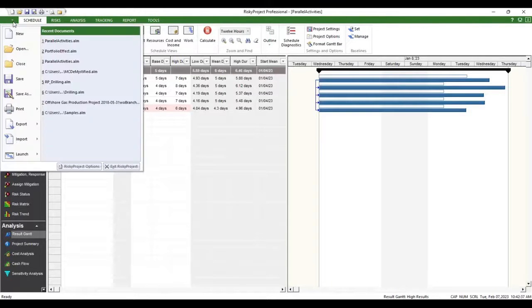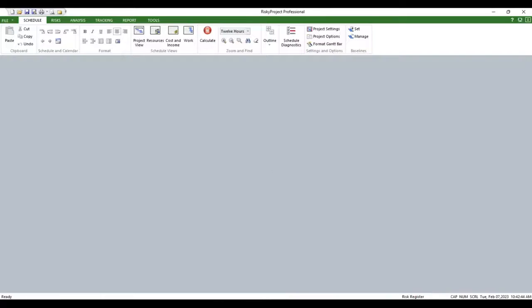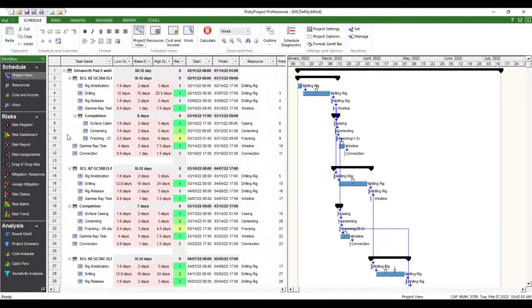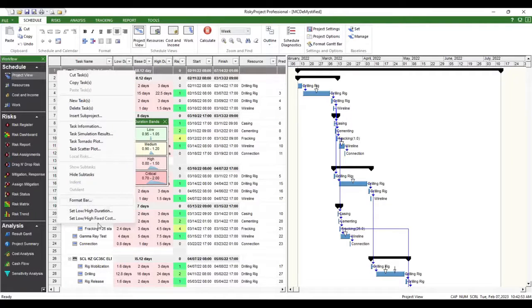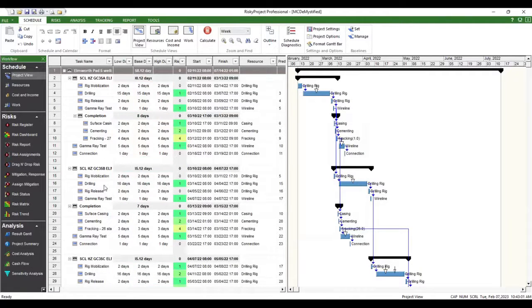So let's take a quick look at how we would set something up. I'm just going to quickly grab all of this and reset this. Once we bring the schedule in,